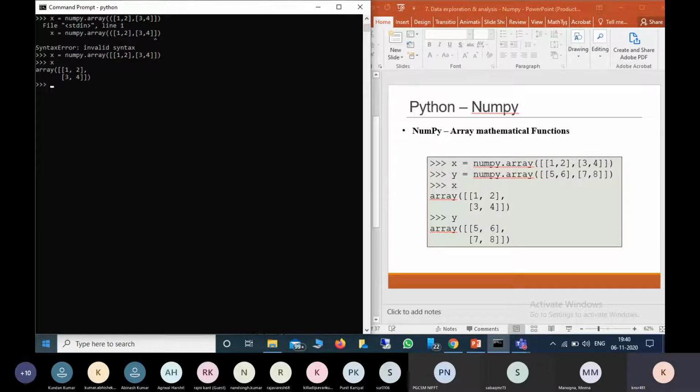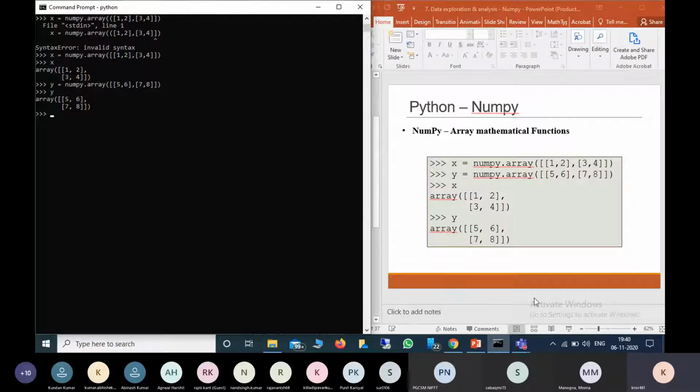So x is that one, and now y is numpy dot array, [5, 6], [7, 8]. So this is another array.